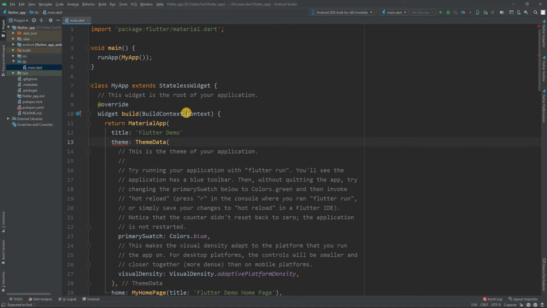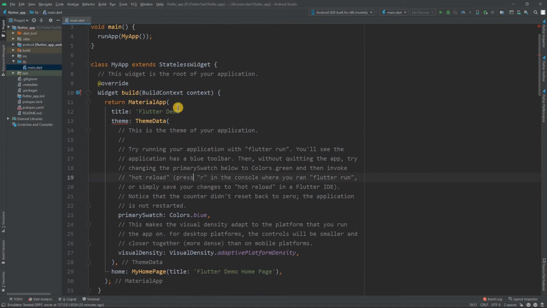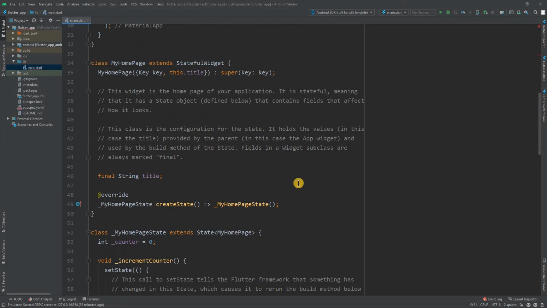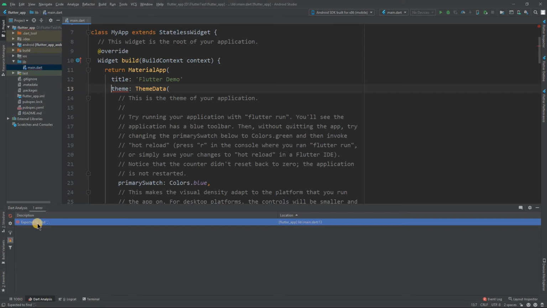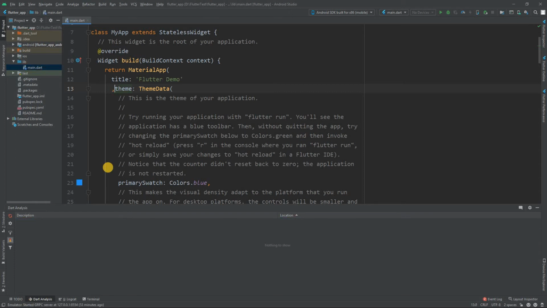And if we forget the comma and go code in another place, then in the Dart Analysis we can find that it expected a comma, and if you double click on that, it will move to where the comma is expected. So you just put the comma.